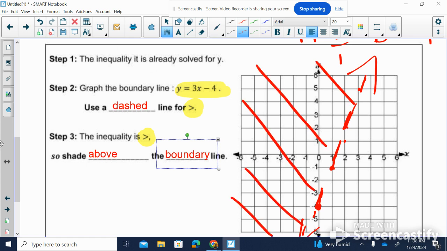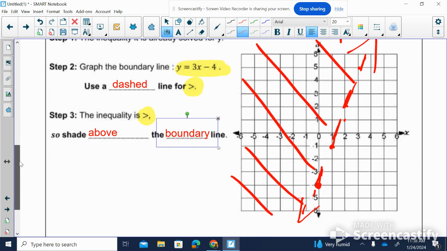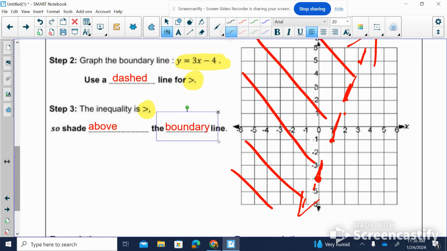All right, so any point in the shaded area is for sure a solution. So here's a solution, and here's a solution. Now, the points on the line, so this point right here, which is (1, -1), that is on the line, but because it is dashed, it is not a solution. And (4, -4)